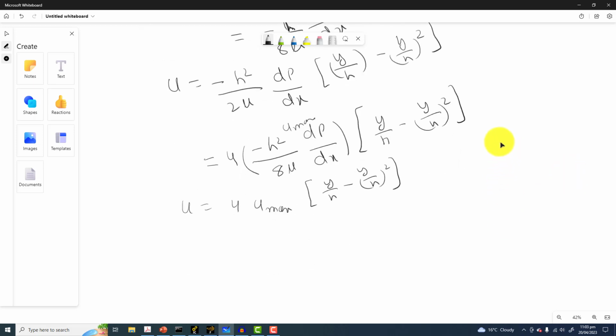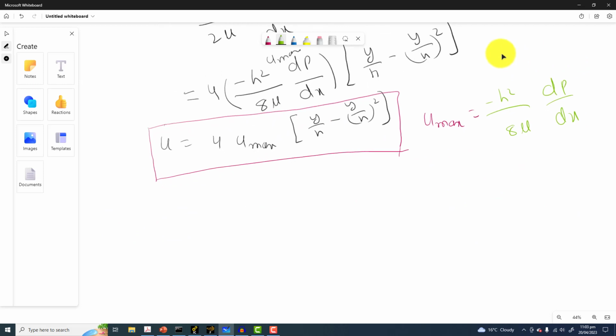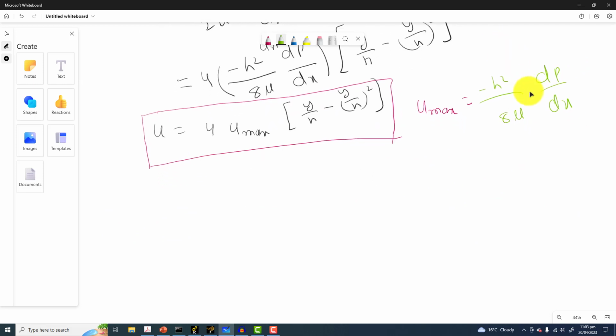Okay, this is one form, but again, as I told you earlier, u maximum is not a known quantity, so we have to find this term in terms of u average, that is the velocity at the inlet. Also u maximum was given by minus h square upon 8 mu and dp by dx. So now we have to find out the value of u average. In a similar way, the u mean